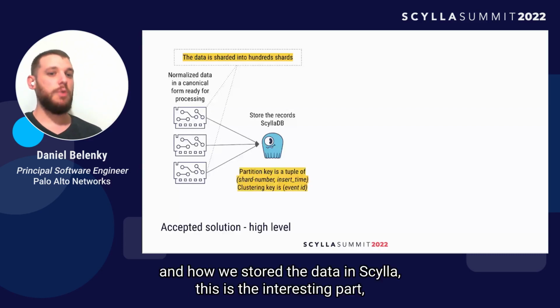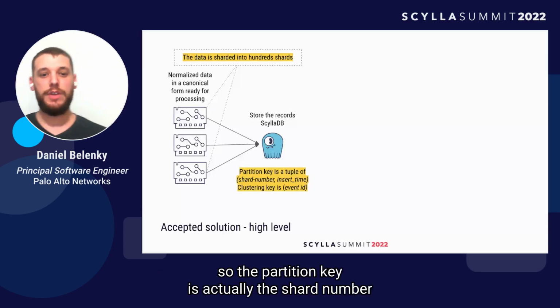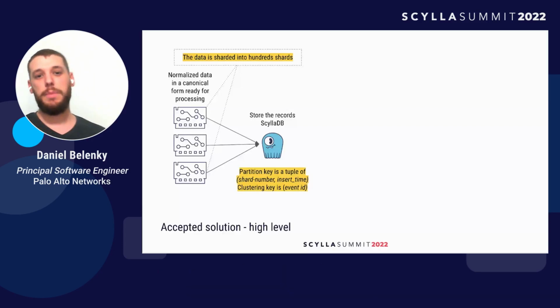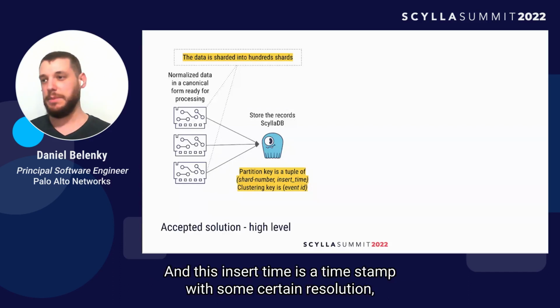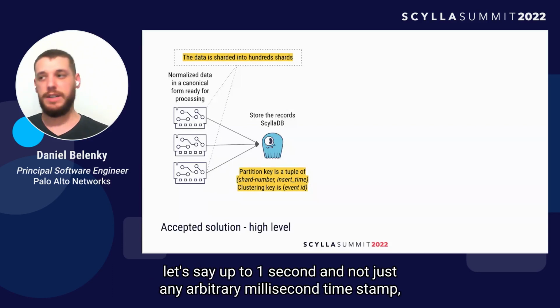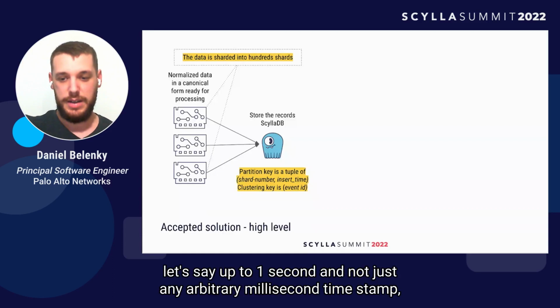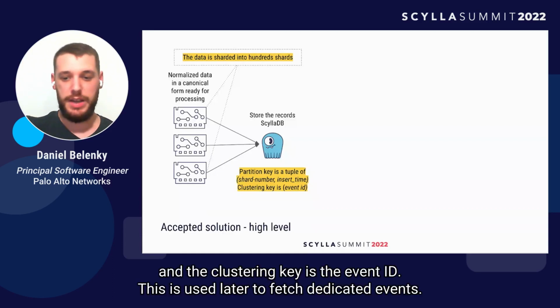And how we store the data in Scylla, this is the interesting part. So the partition key is actually the shard number, to allow different workers to work on different shards in parallel, and the insert time. And this insert time is a timestamp with a certain resolution, let's say up to 1 second, and not just any arbitrary millisecond timestamp. And the clustering key is the event ID. This is used later to fetch